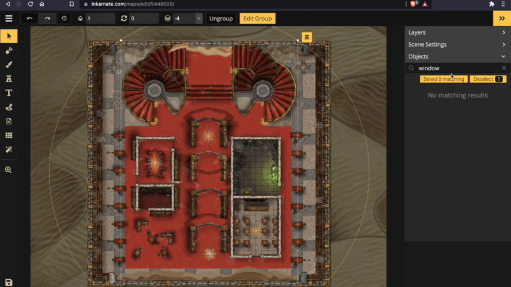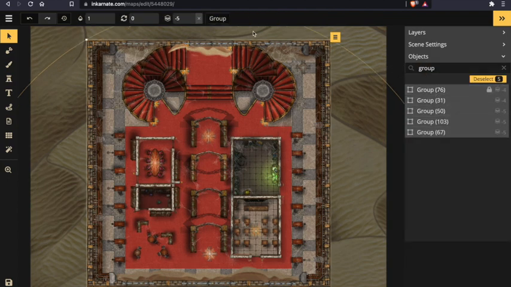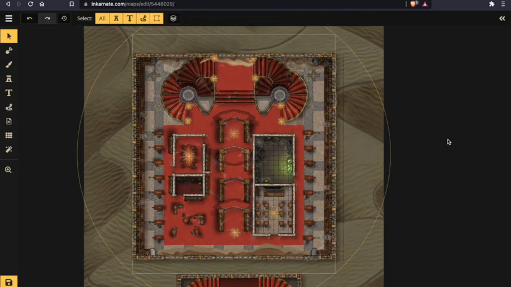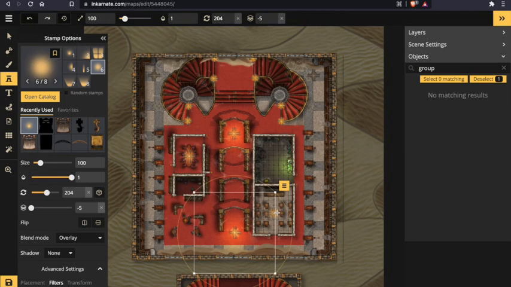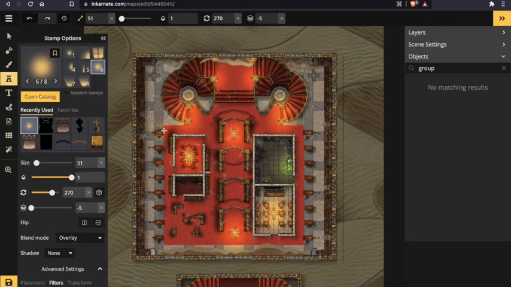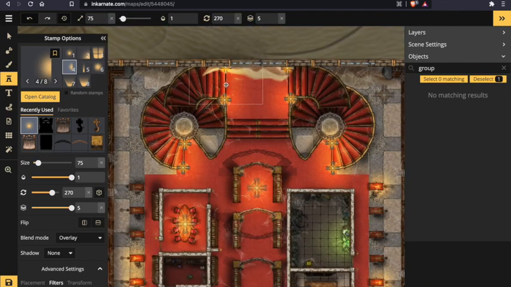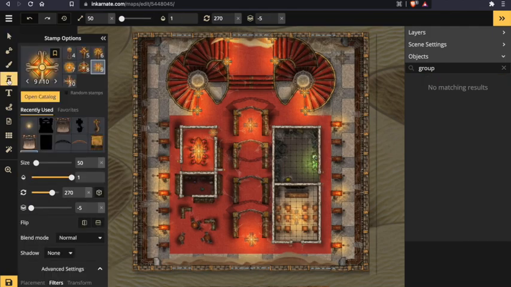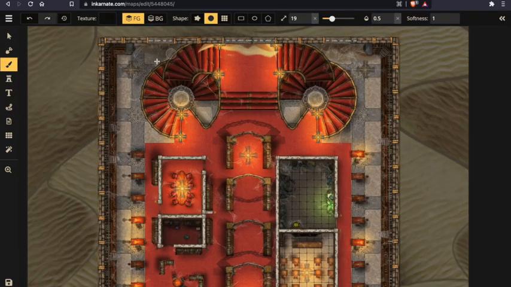Now I am gathering all of the stamps that I don't want flattened together because I'm going to paint over everything else. So I group everything, then I flatten everything, then you save it, and then I go back in, add all of the lighting that I had taken out from before flattening. Once all the light has been added in, I'm going to grab a brush and start to color. Usually I grab anywhere from 0.5 to